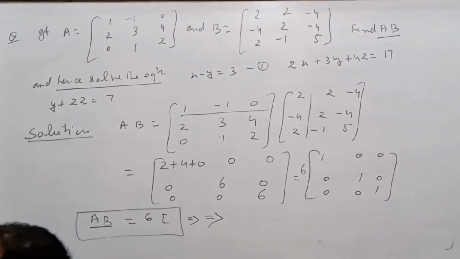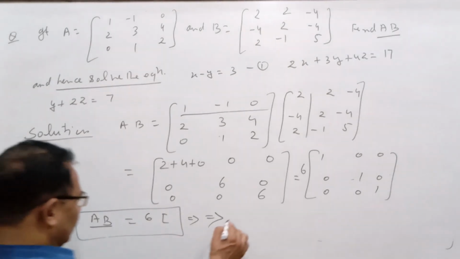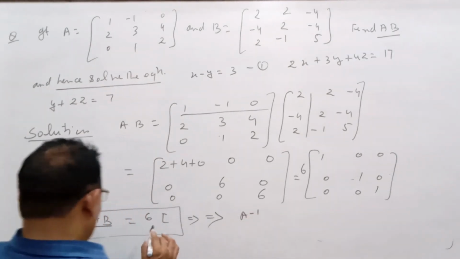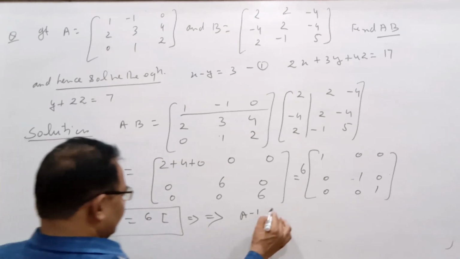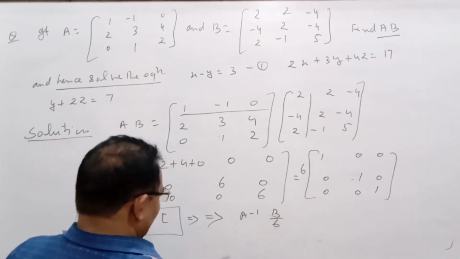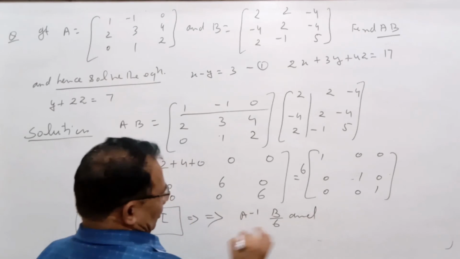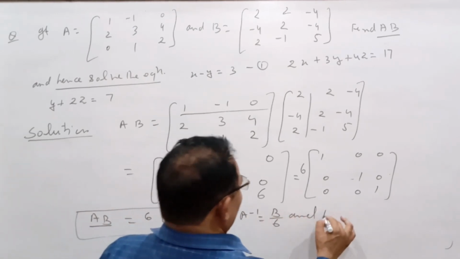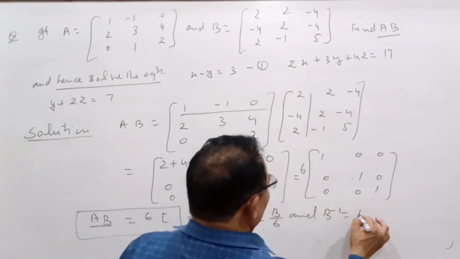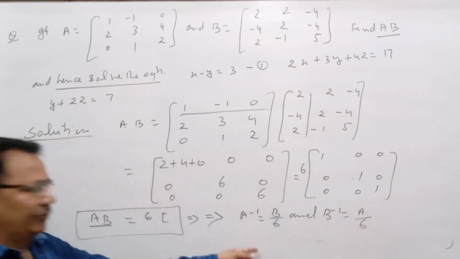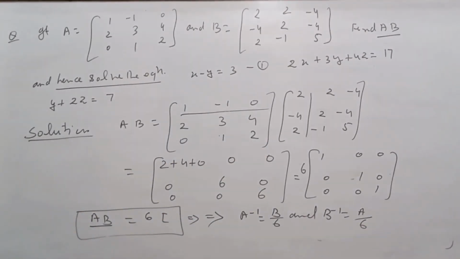Therefore the value of A inverse is equal to B upon 6, and also we write B inverse is equal to A upon 6. यहाँ पर हमें दो रिजल्ट मिलेंगे।